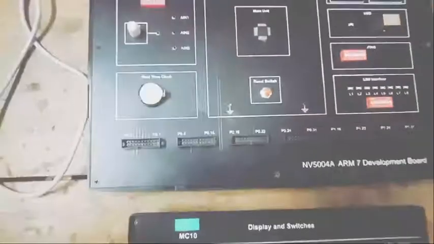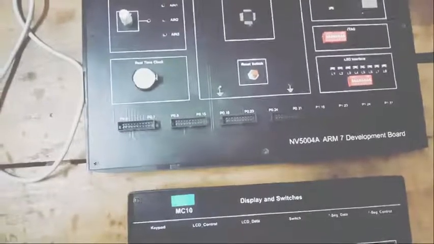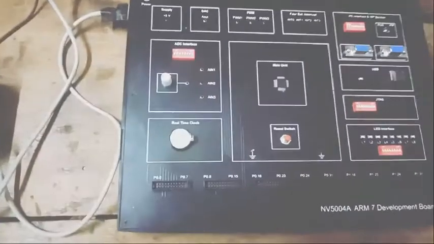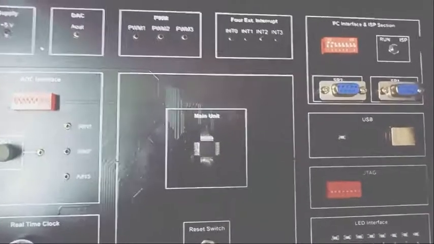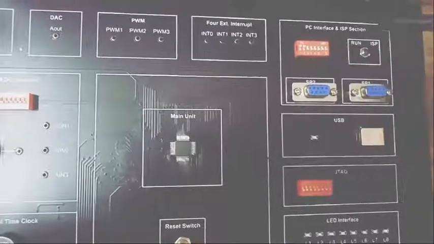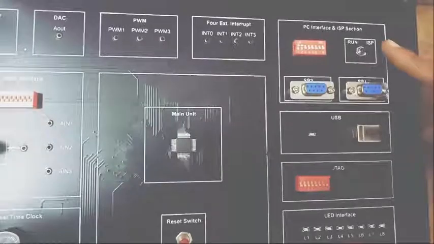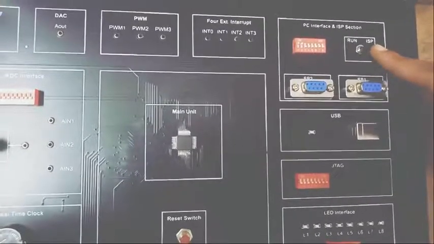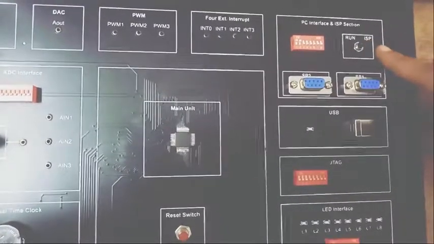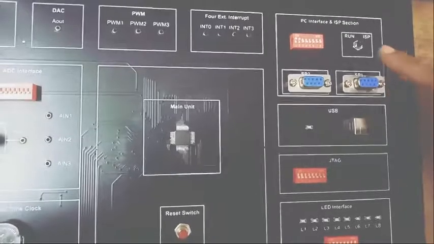Next, it is an ARM board. It works in two modes. One is this one, ISP. ISP stands for in-system programming, and there is a run mode. It is a switch. We can shift from ISP to run mode.